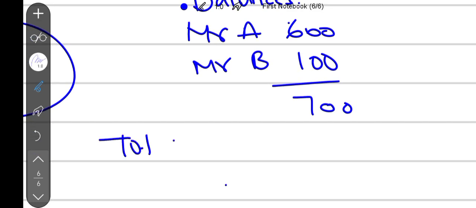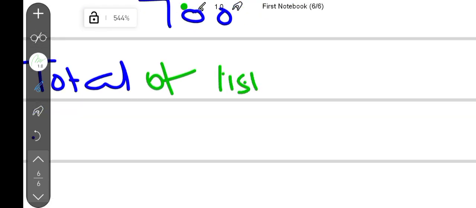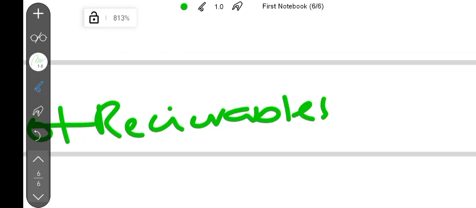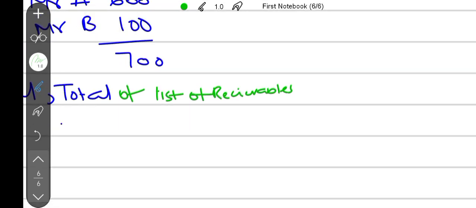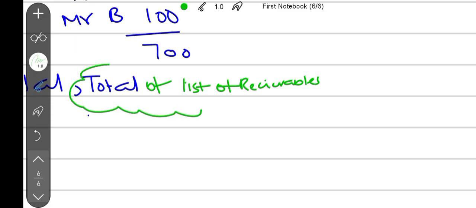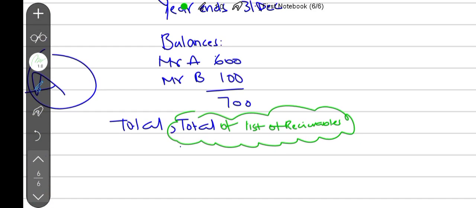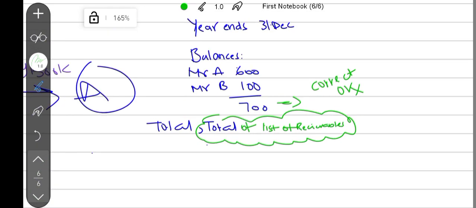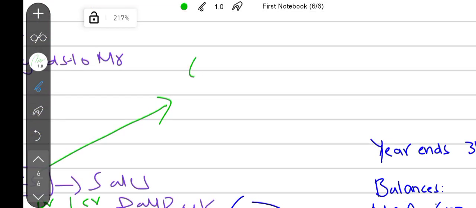This total will represent the total list of receivables that we see in the questions, that the total list of receivables had a balance of 600 or 700 or 800. Now this total list of receivables comes through the ledgers. Now in order to check if this 700 is correct or not, we make an account from step 2. Now this account is known as the control account,